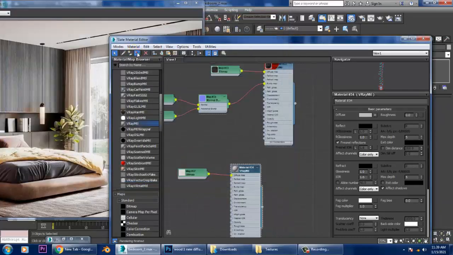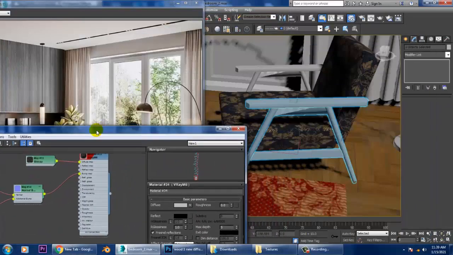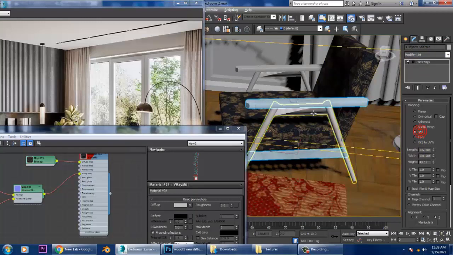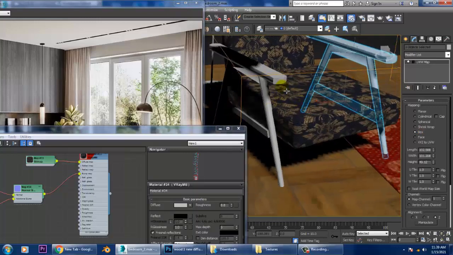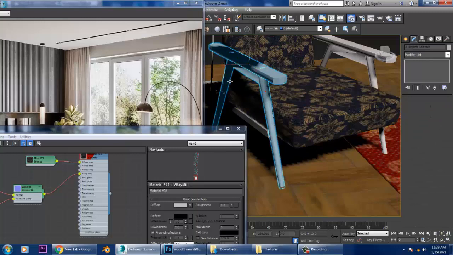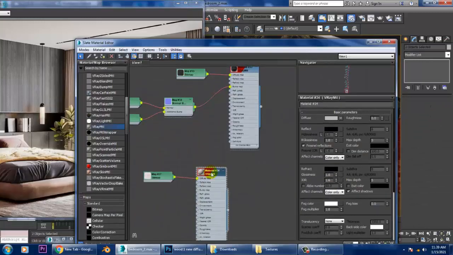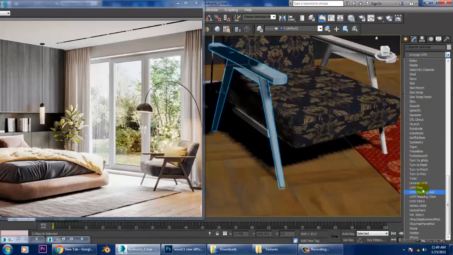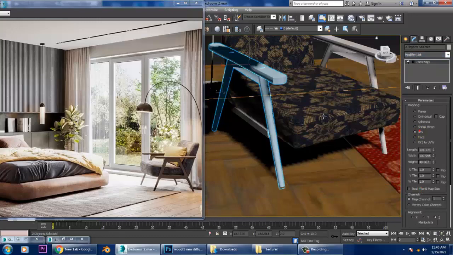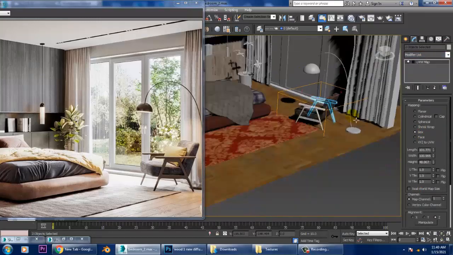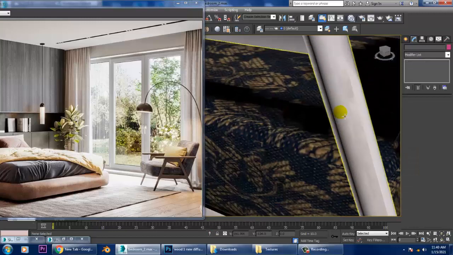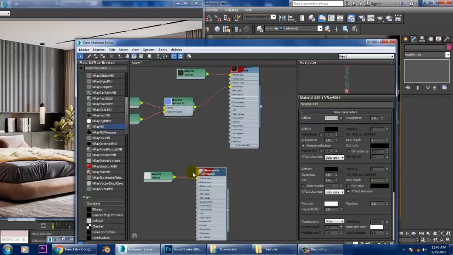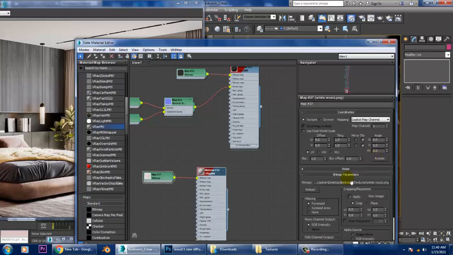So let's take this white wood texture and assign a UVW map, and I'll set this as a box. Same thing, select this, assign this wood texture, UVW map, and set this as a box over here. So you can easily assign this wood material. Let's see if we have some better wood material. You can check that out also.